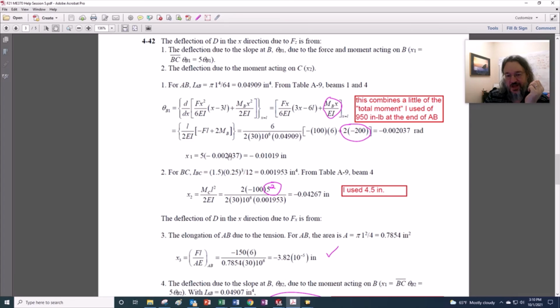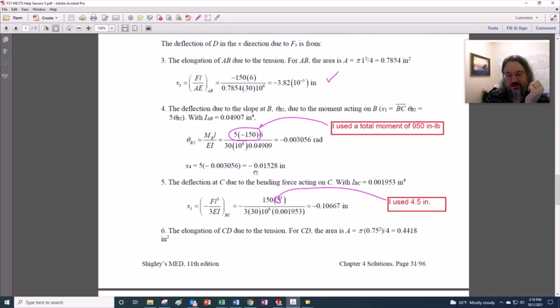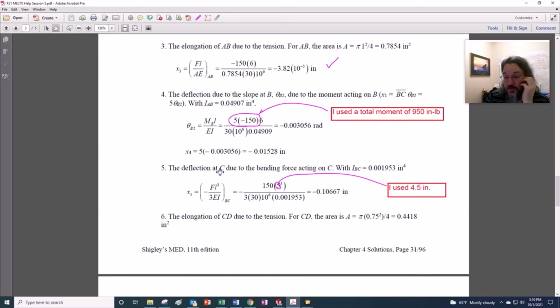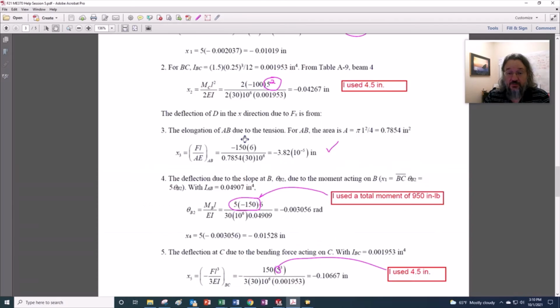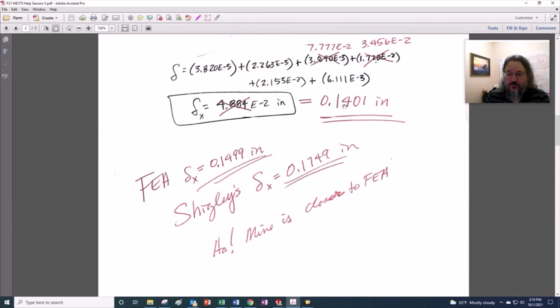Here's your 5 times the radians onto the thing, but they also did it down here. So they had 5 times the radians. So when everything was said and done, if I just left it the way I had it, and used the correct math and used that cube in the right spot, I get